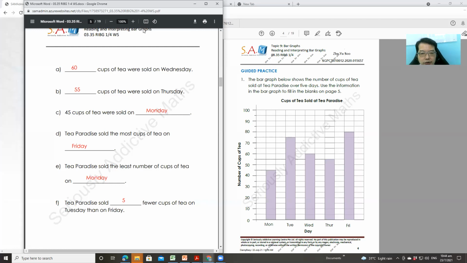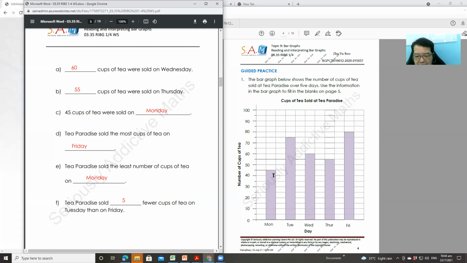Okay, let's go through the questions now, right? So the answer for A is 60 cups of tea sold on Wednesday. Did you get it right? 60, right? And for B it is 55 cups. Okay, quite straightforward. C: 45 cups of tea was sold on